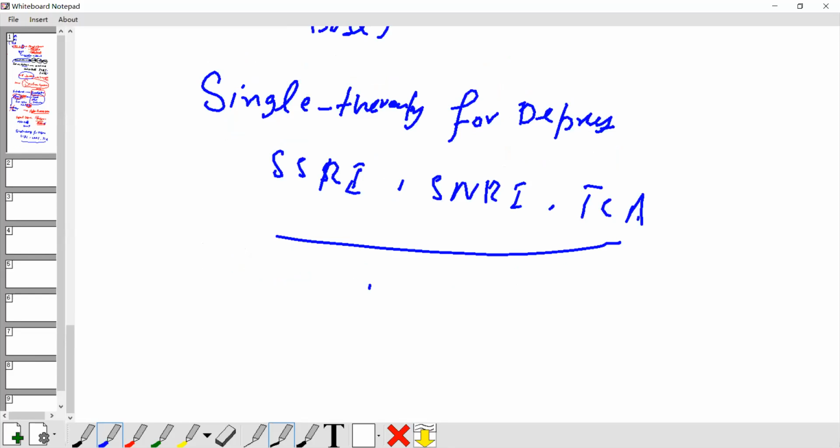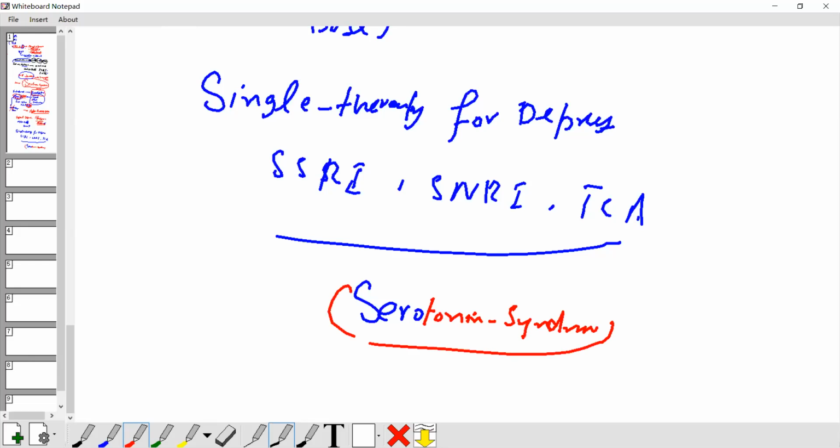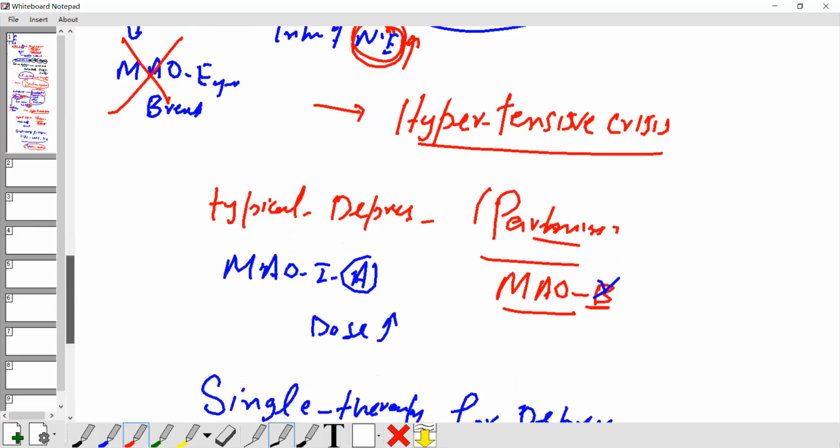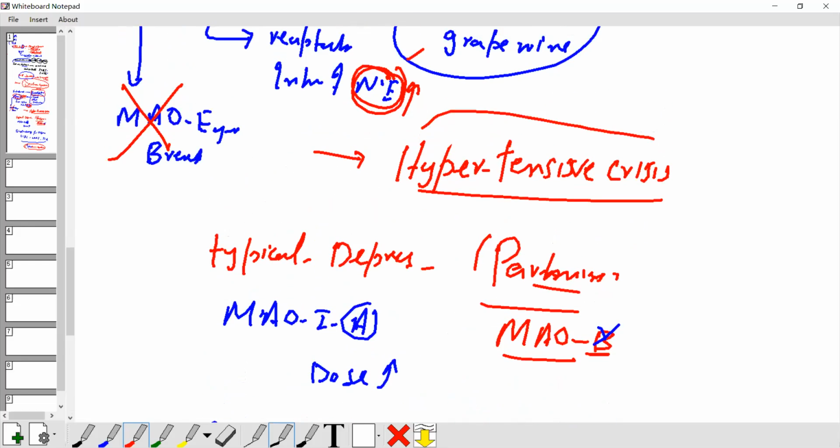Okay. So what happens inside the patient if you combine? Serotonin no more breakdown, it leads to serotonin syndrome. So it is a very big side effect. Okay, serotonin syndrome. Understand? Monoamine oxidase inhibitor is causing hypertensive crisis. This is the important thing here. Hypertension is the main side effect of these drugs.